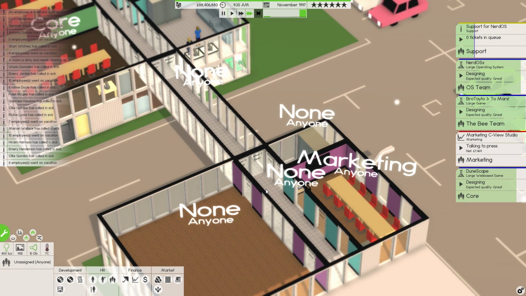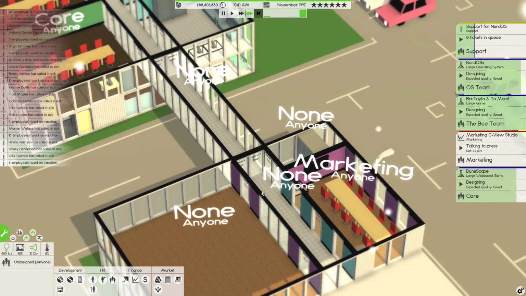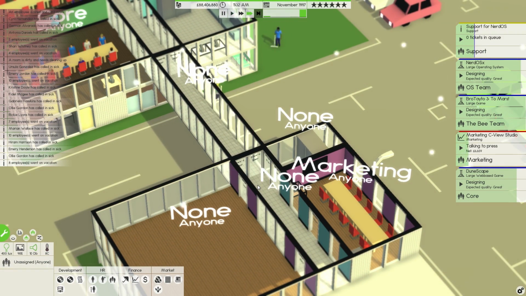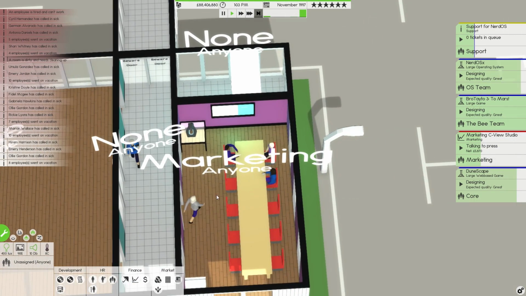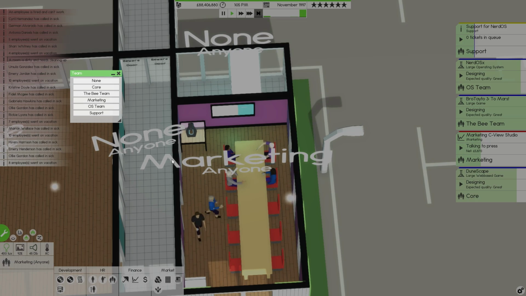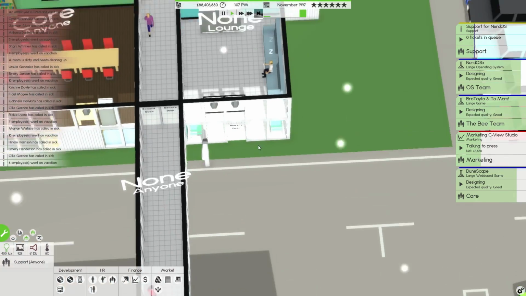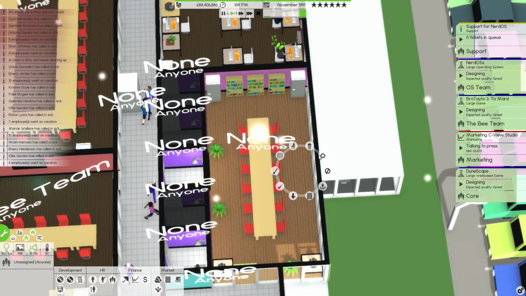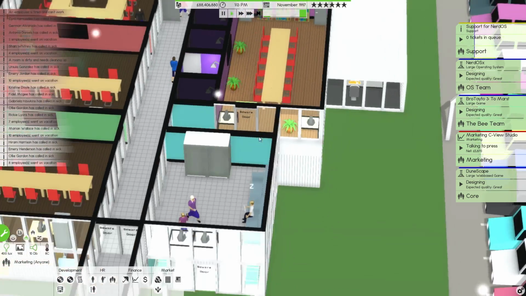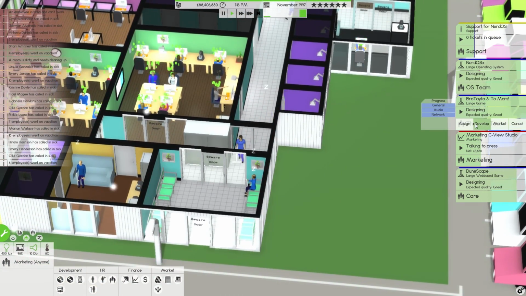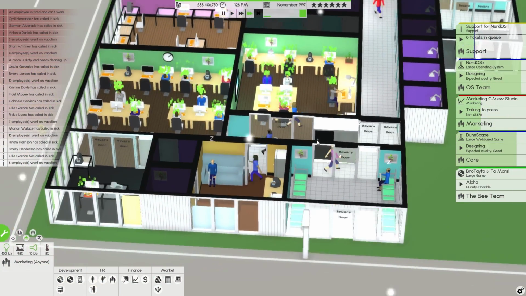Marketing are not having a meeting today, apparently. Great. Oh, no, there they go. Yeah, there they go. So they can use the bridge. Great. Right. Well, set that to support again. And then set that back to marketing. Alright. I've just noticed Potato 3 to Mars is pretty much ready to move into Alpha, which is fantastic